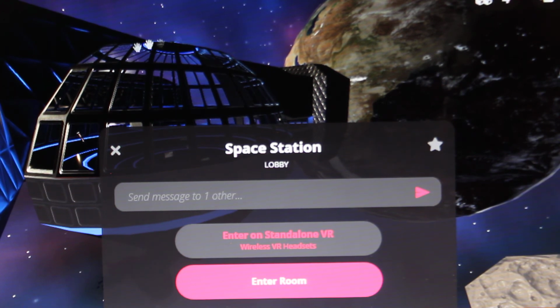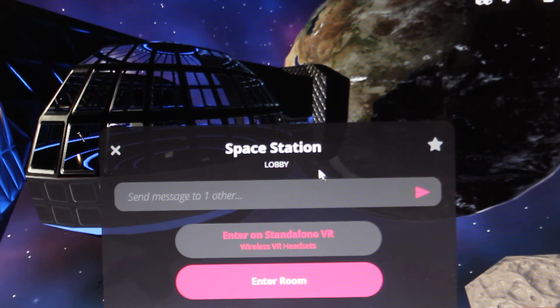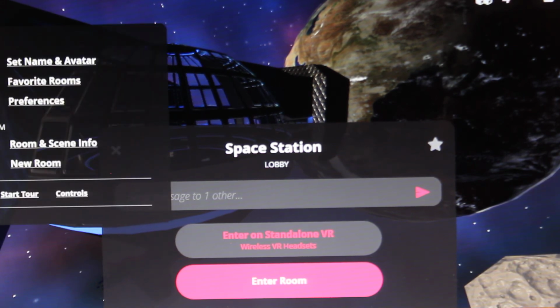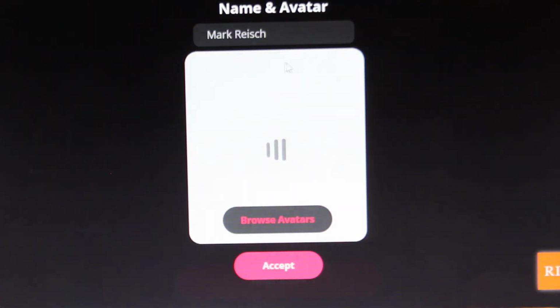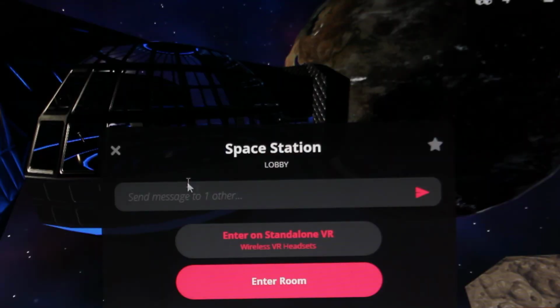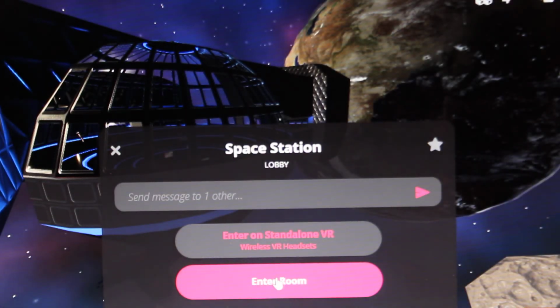Okay, so when you first come into Hubs, you'll be greeted with this room here. If you want to change your name, you can click up in the upper left hand corner and set your name and avatar there. My name is Mark Reich, and you can also change the different avatars. I'm just going to accept that. You can go into enter room,